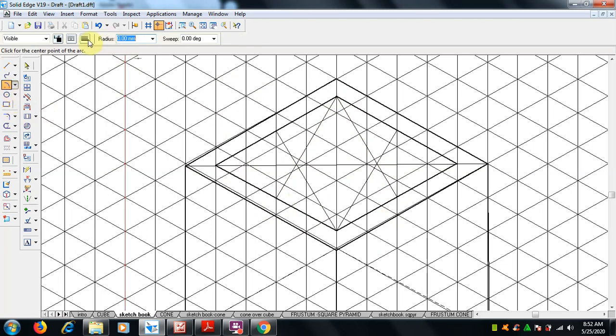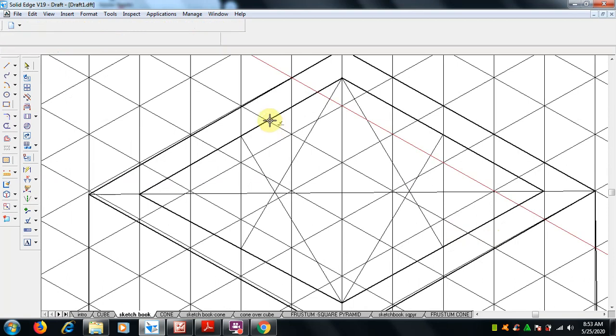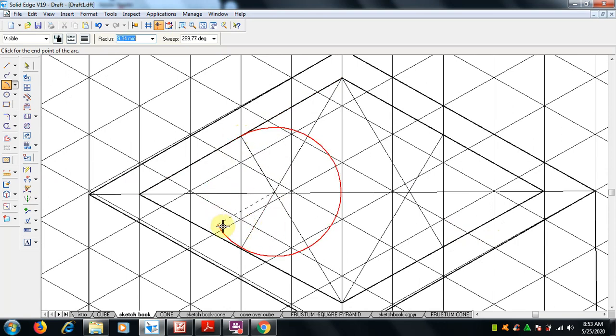Select arc, 0.5 mm thickness. So the intersection, how to draw it? Select the intersection, take this as a radius, and we can draw the arc. After this we will draw an arc, and here the intersection point is the radius, complete the arc.